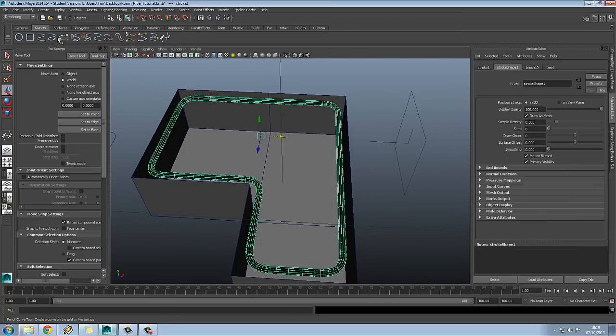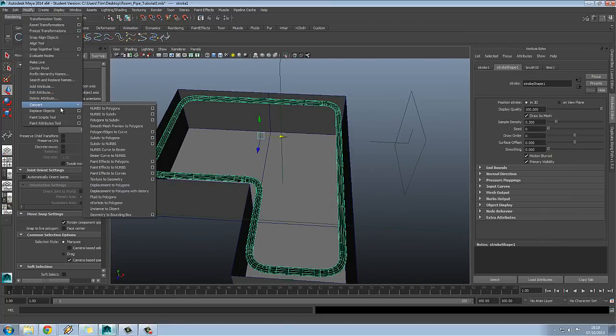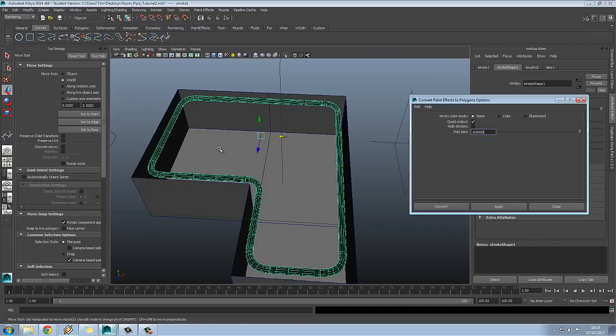Once you're happy with that, if you come over to modify, convert, and then you can use paint effects to polygons, but make sure you click on this options box and tick on quad output, because otherwise it will triangulate the mesh. So we'll just hit apply,